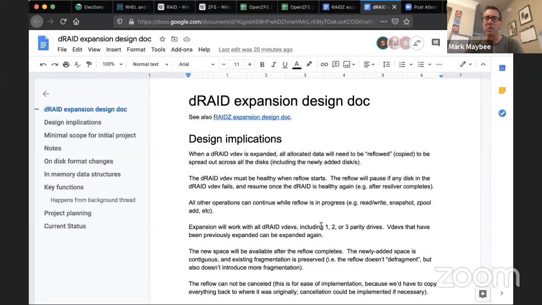But that's going to be a question for the group in general: what is your feeling about saying, all right, in order for expansion to be able to work in the future on a D-RAID, I need to be willing to set aside 32 meg, say off the bottom of your drive, that's never going to be used for allocations in case I decide to add more capacity to this D-RAID. And if you don't like it, be prepared to let us know how much space is already being wasted. Yes. And why.